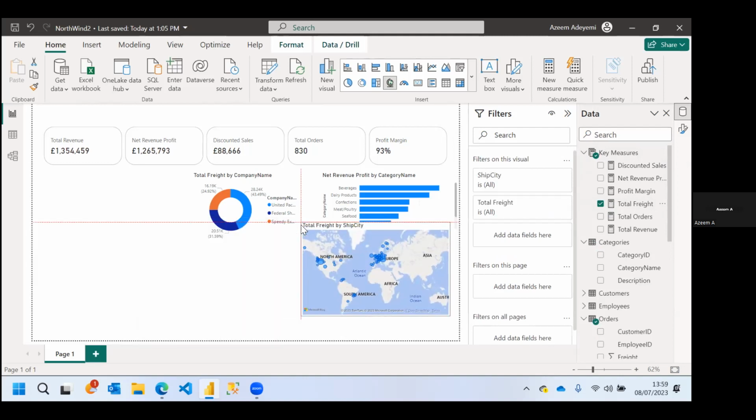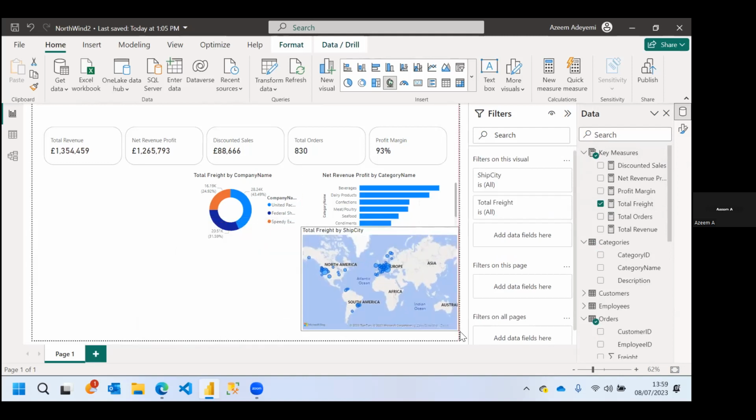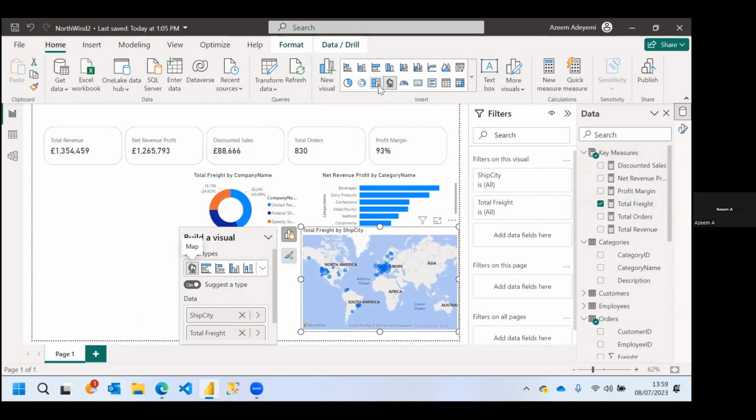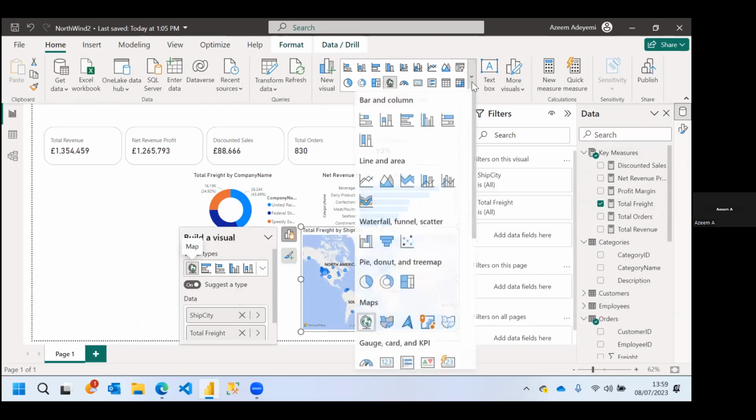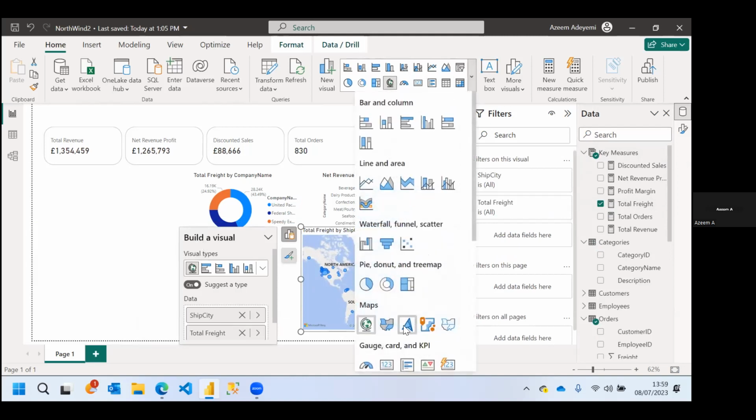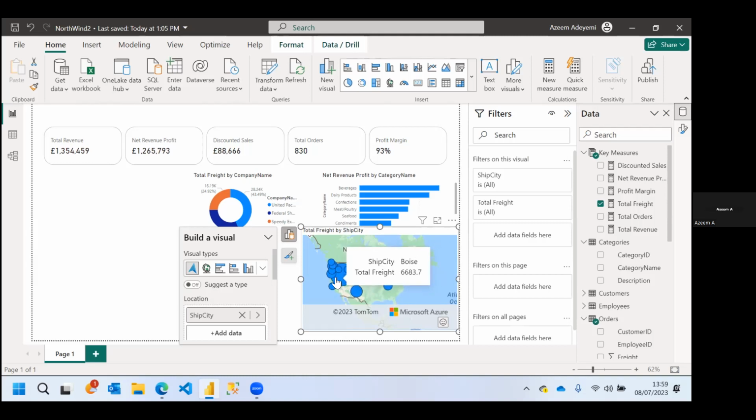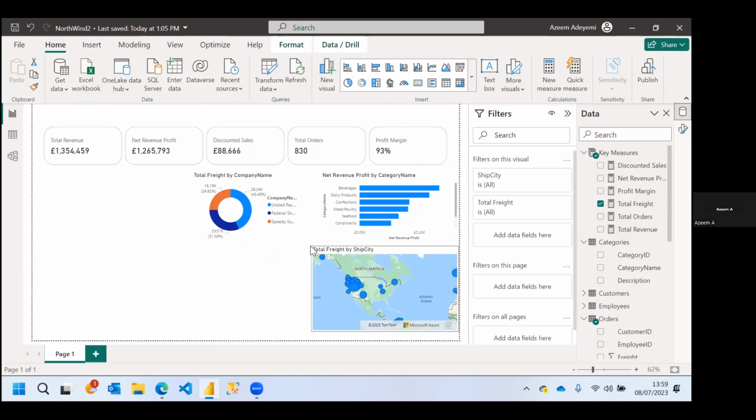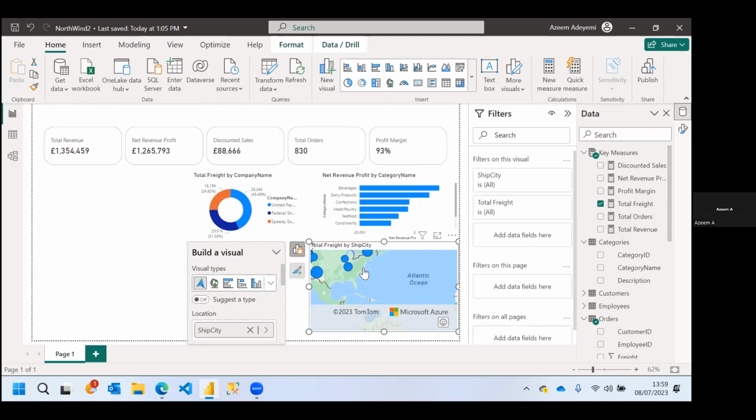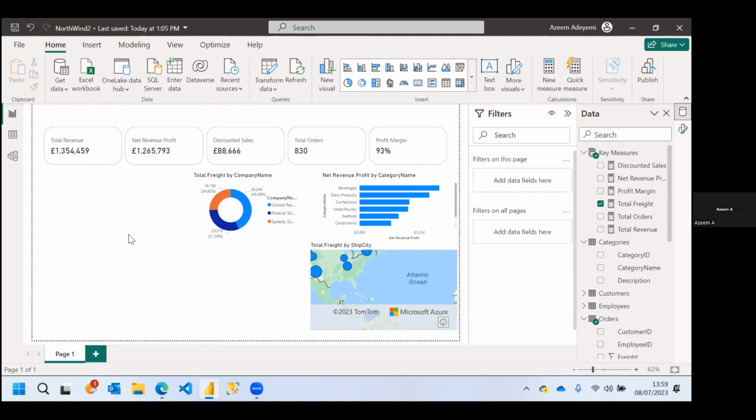So maybe I can change this to the Azure map. I think I'll prefer the Azure map. Yeah, this one. Okay, yeah, I prefer this one. So I can see this particular city is where most of my orders are going. Maybe I can do some marketing strategy for these people to expand, depending on the organization's